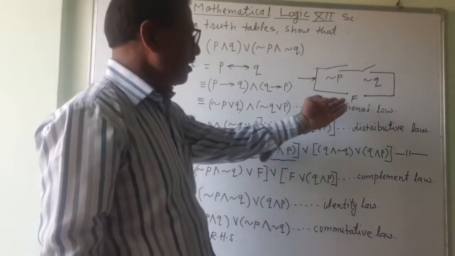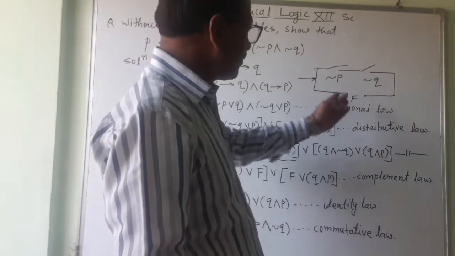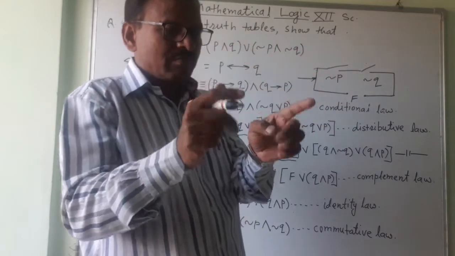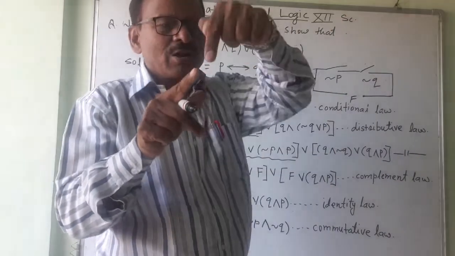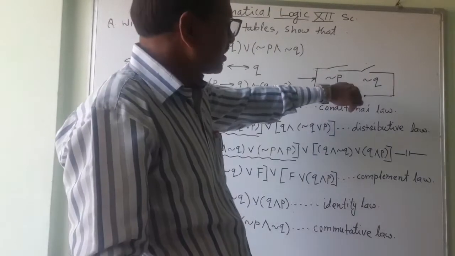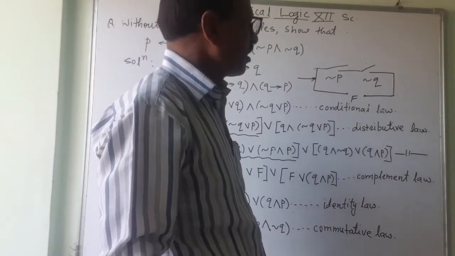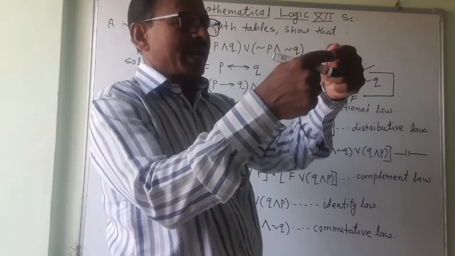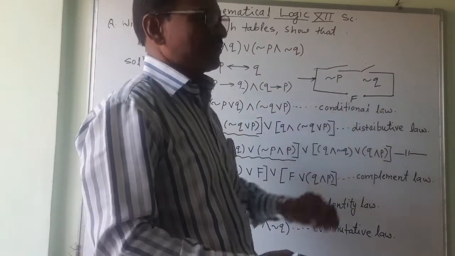Will the current depend upon this? It is a false switch. False switch means the wire is cut. Current cannot jump through that. That is called a false switch. It means the wires are just hanging. They are not coming in contact because there is a false switch.